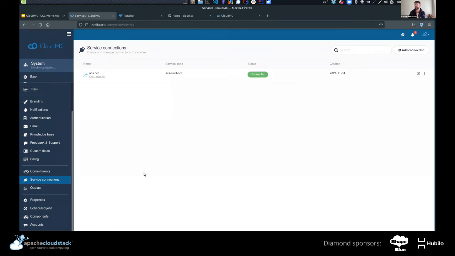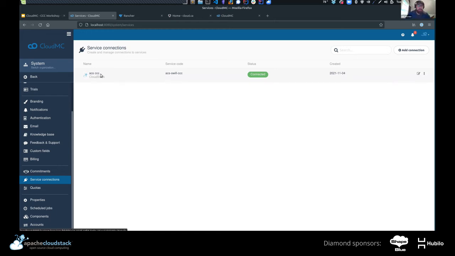So, let's say you have one CloudStack that's in your lab environment, and it supports multiple different offerings or new bleeding edge things that you don't necessarily want to offer to all of your customers. Well, you can control that granularly and have different policies and configuration per CloudStack connection. You can connect the platform to any number of CloudStack installations, and they can all have their own custom configuration. And you can always assign those connections very granularly to each customer that you want to manage as well.